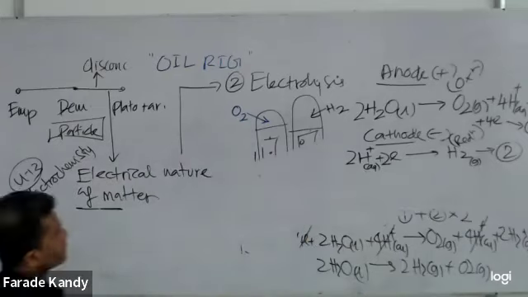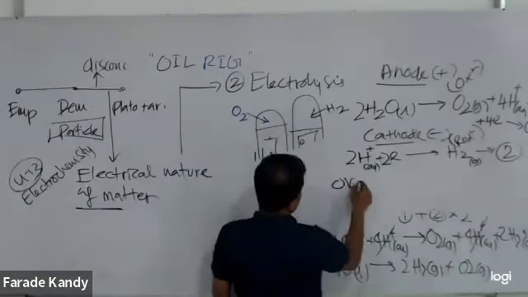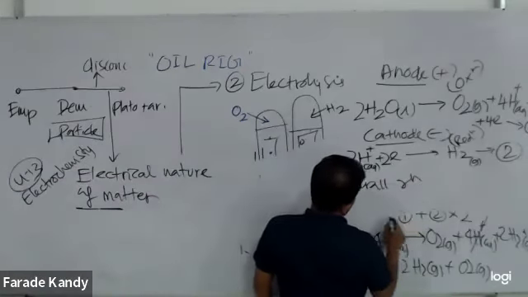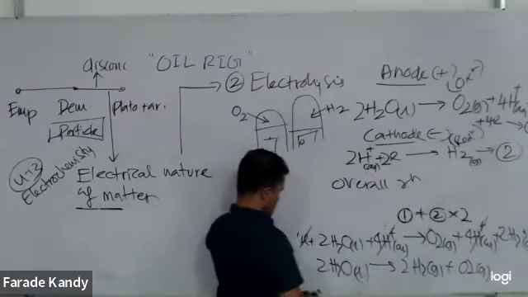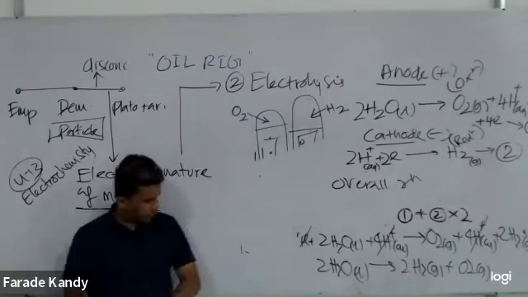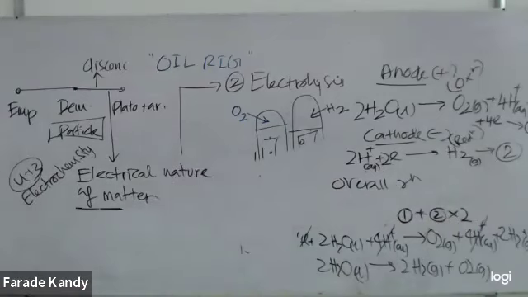Got it? Then write overall reaction. And then show this one: 1 plus 2 multiplied by 2. Get finally the overall reaction. Cancel the common substance and then